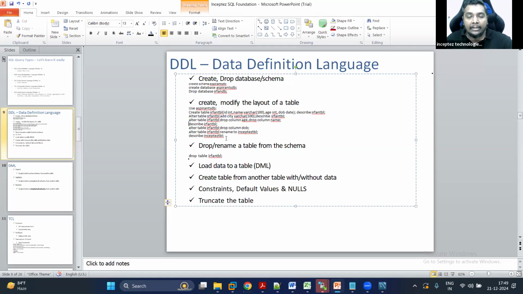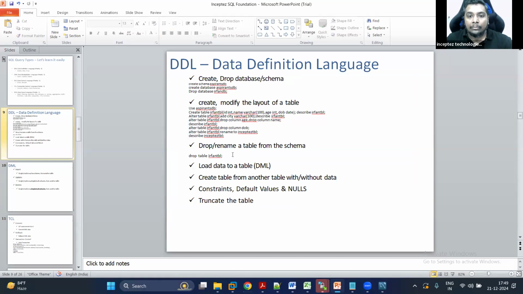But very importantly, the DDL operation is important in terms of creating the table. Modification, dropping and all we do very rarely. Renaming of the column, renaming of a table and all we may do very rarely. Very importantly, what we are supposed to do after we create a table,